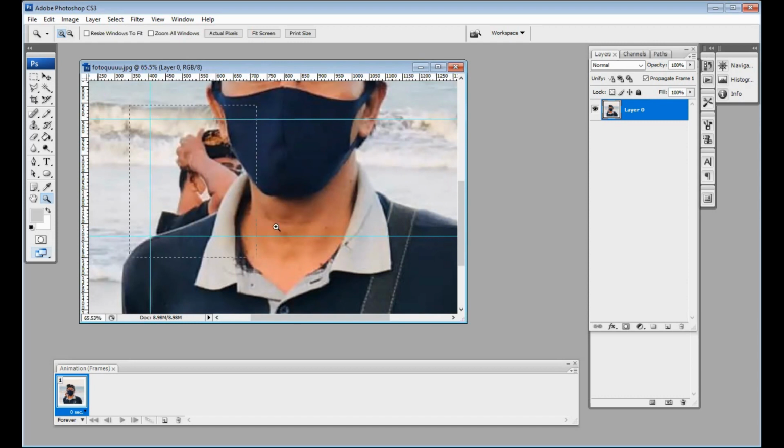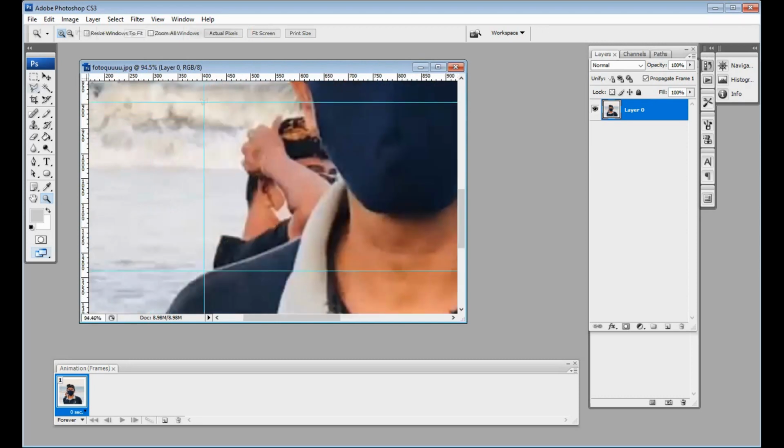Okay. Let's try. First I use the polygonal lasso tool. Take this. Yeah, okay, be careful, slow. We will have the result clearly and neatly.